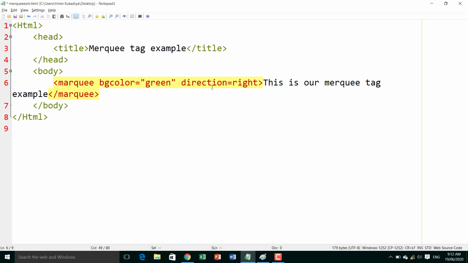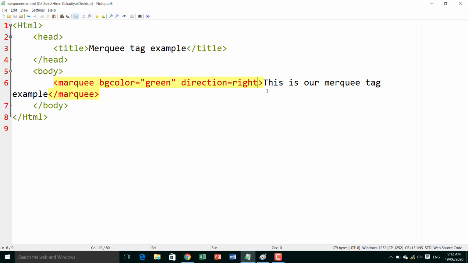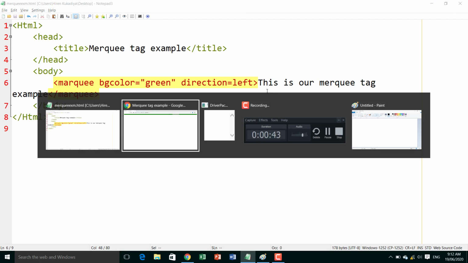Right direction, so the text will move from left to right. Save and run again. You will see the text moving from left to right, because our direction was right. And here if we write left, you will get the direction from the right side to the left side.